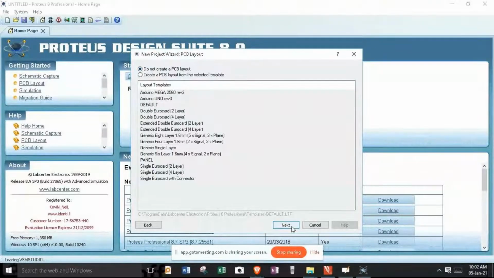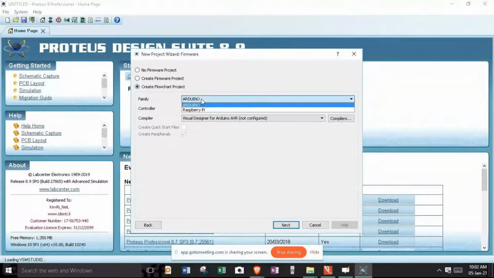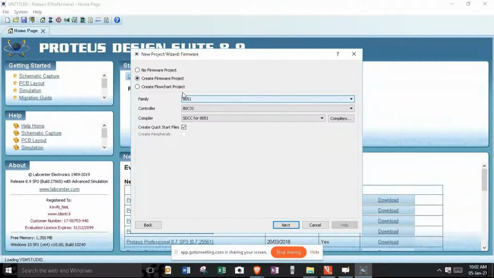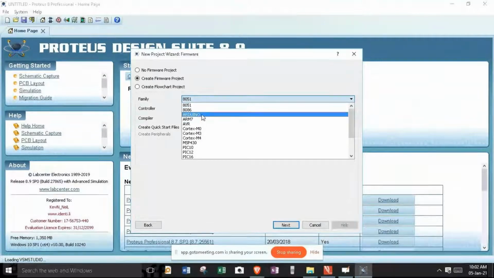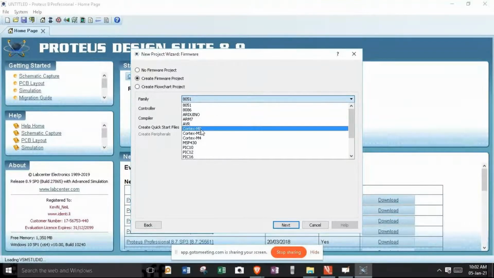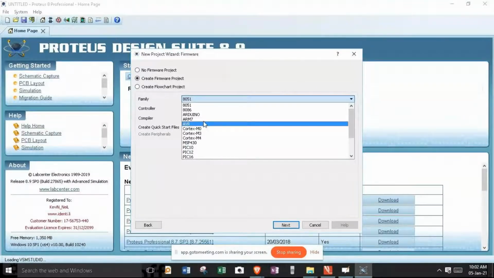After that, hit next, and it will ask whether you need a firmware for this project or not. Depending upon your Arduino or Raspberry Pi, or some other development boards or microcontrollers like 8051, ARM7, Cortex series, M0, M3, M4 series, as well as PIC microcontroller and MSP430, they are all available.